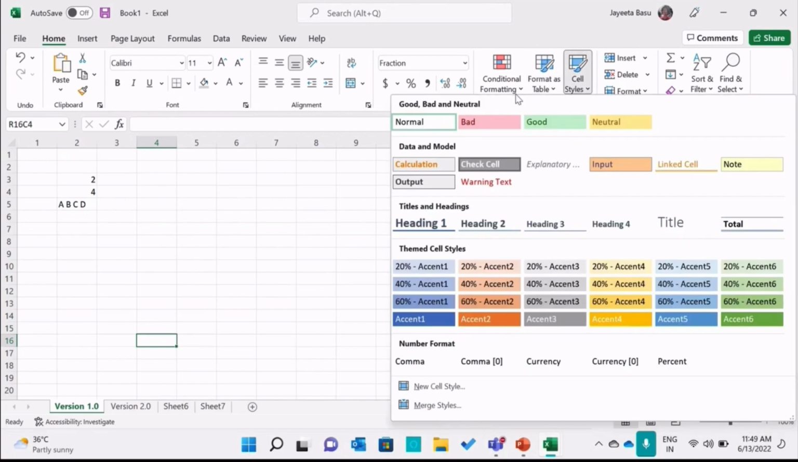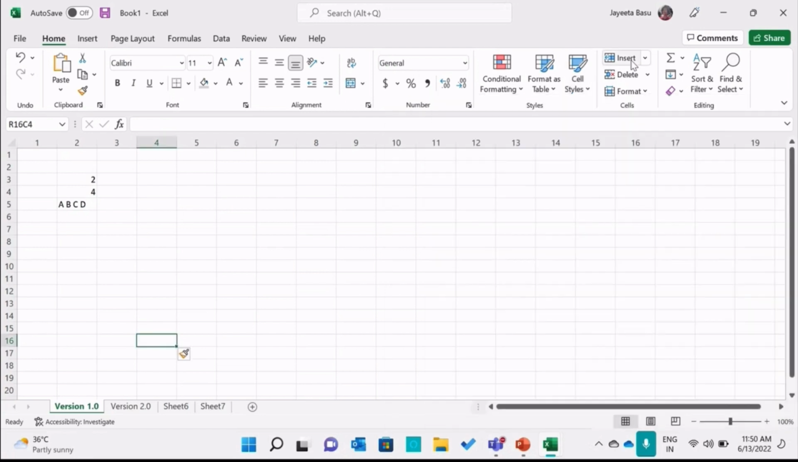You can also use different cell styles that are there: data model, titles and headings, themed cell styles, which are also available. So you can use any of these as well. Check the number format, and you can also work on a new cell style and merge styles. This is all you can do as per your requirement. Whatever your requirement is, however you want to do it, you can customize and format it that way. Next is inserting